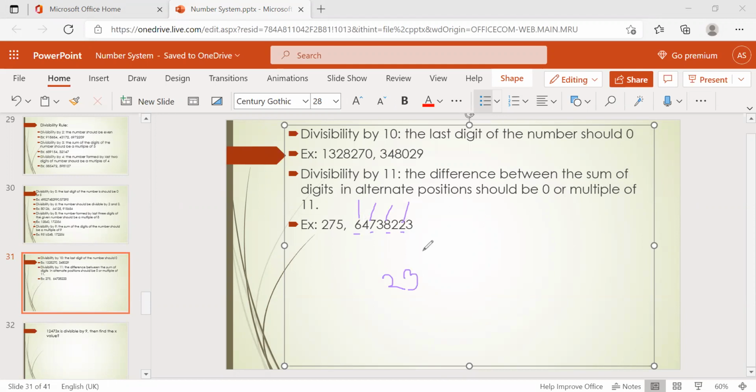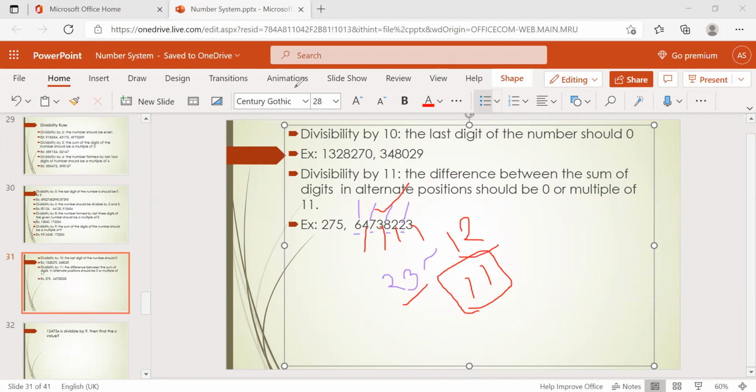So, the difference between alternate numbers, right? One alternate number sum is equal to 23. Now the sum of the next alternate numbers, for your understanding: 4, 3, 2, 3. 4, 3, 7. 7 plus 5, 12. So what's the difference here? 11. 11 is a multiple of 11, right? So the entire number will be divisible by 11. Do you understand what we are doing? The sum of alternate numbers, and the difference with the sum of the other alternate numbers.